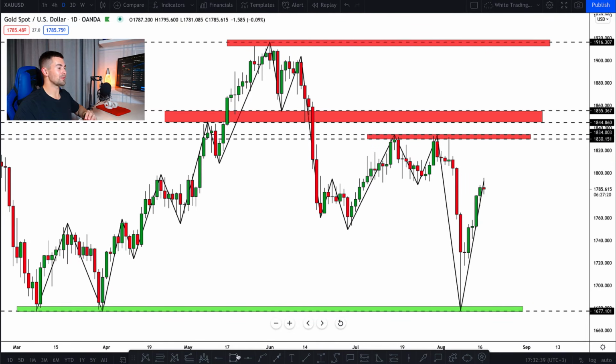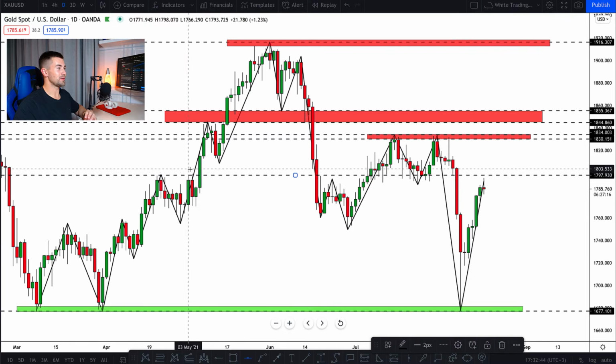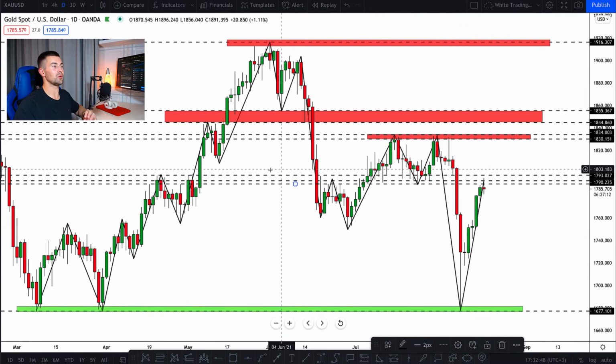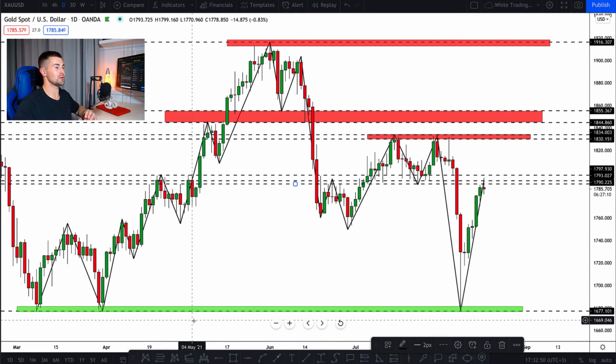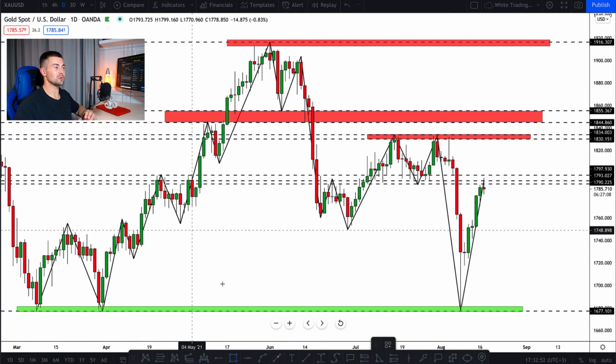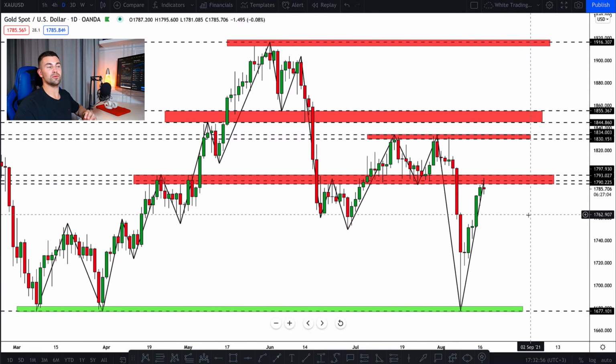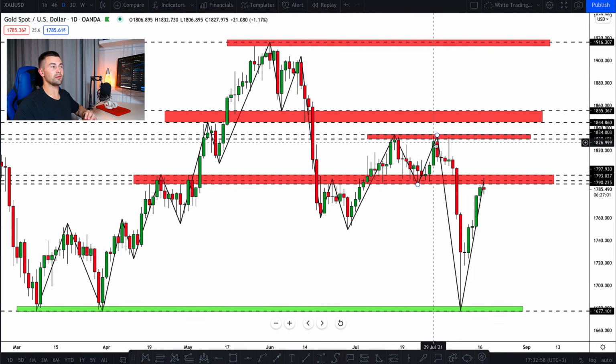Then looking left, we have a very peculiar structure shelf right here. Look, we have the touches right here, right here, right here, a lot of touches within that area. So it is the resistance again. Let's underline that together. So far we already identified 4 resistances, and each of them looks very strong. You can see that in the past all of them were nicely respected, and definitely we must consider them